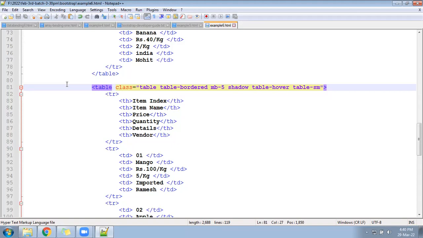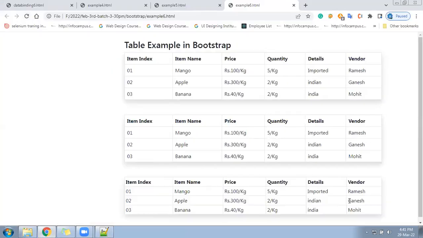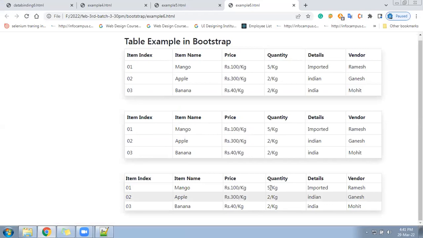It will not have huge space. Inside the table you can see the padding will get reduced. The table becomes less padded. So hope we are able to do that.